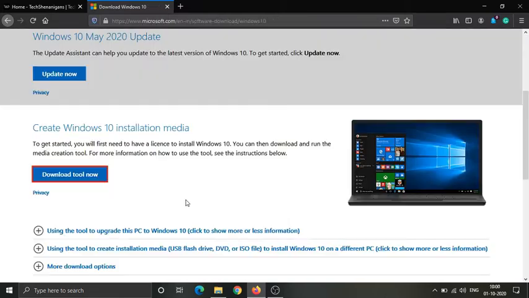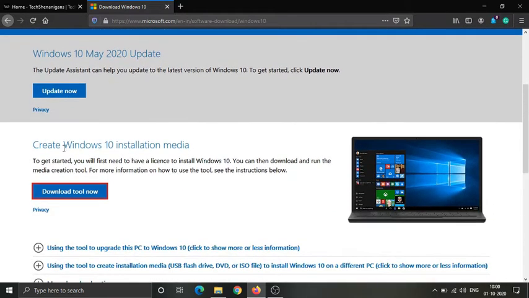If you want to download the ISO from Microsoft website, you go on Microsoft website and click this button, download tool now. I have already downloaded it, so I'll open it.